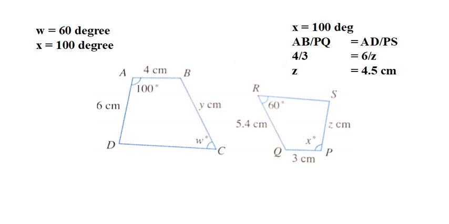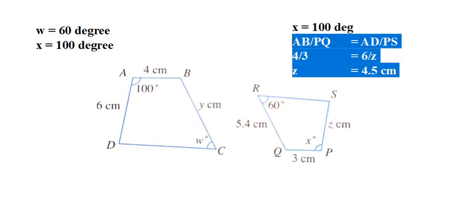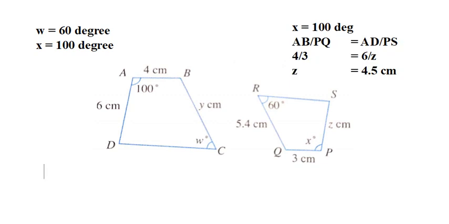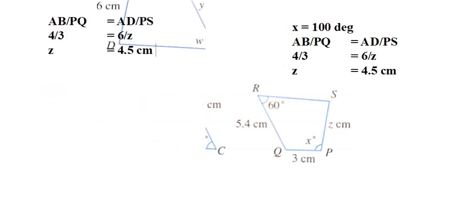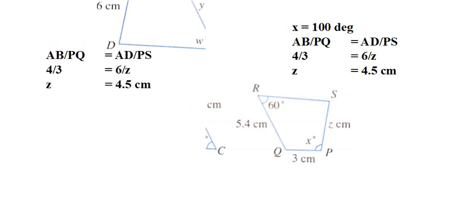So the only thing that we need to check now is y. Obviously, we can compare it to this one, then, which is 5.4. So using the same thing, I'm going to just copy this one and put it over here now. Okay, so AB over PQ will be